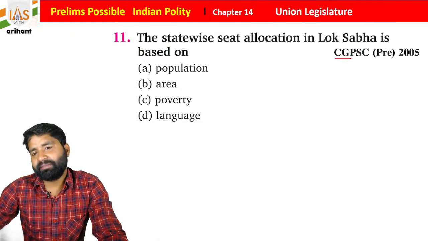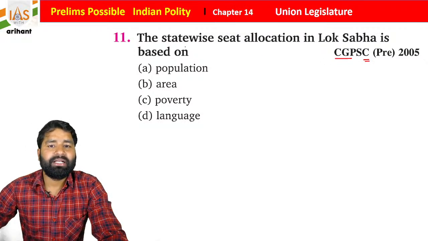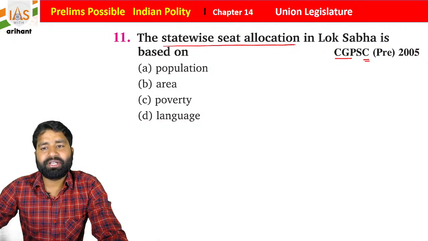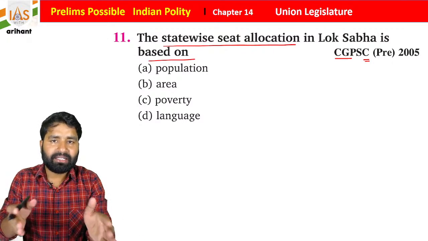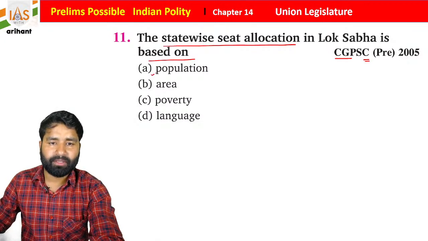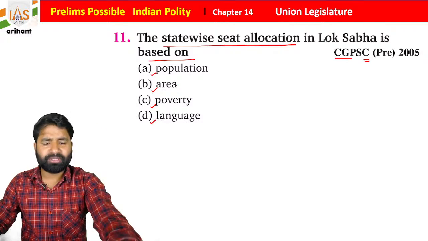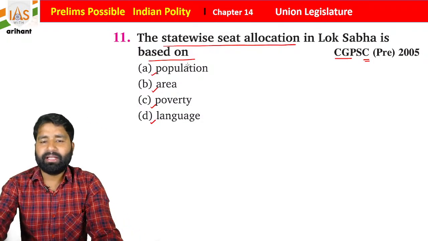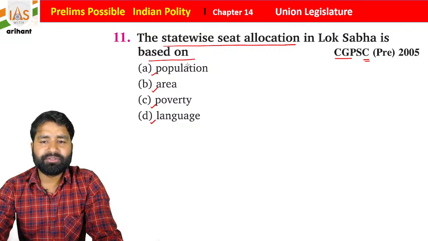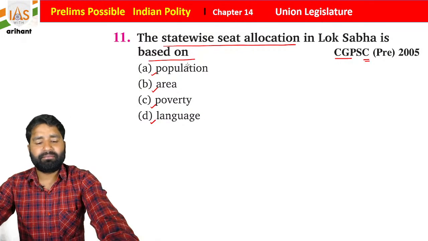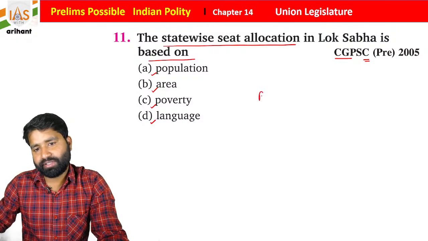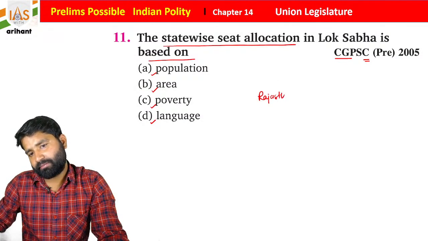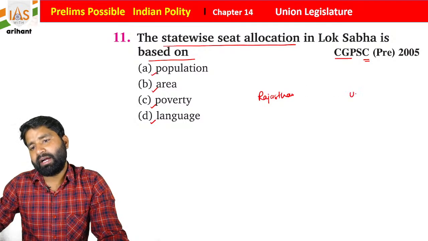Then the Chhattisgarh PSC 2005 question. The state-wise seat allocation in Lok Sabha is based on? Seats are divided on the basis of what? Population, area, poverty, or language? We are going to use some basic concepts. Suppose this division is based on area. Which one is the largest state, students? You'll say, sir, Rajasthan. And UP is at the